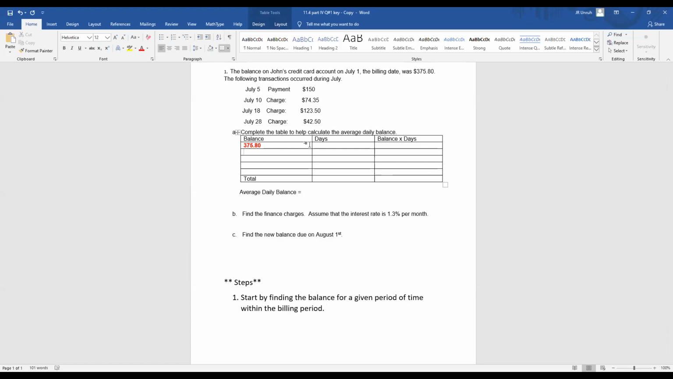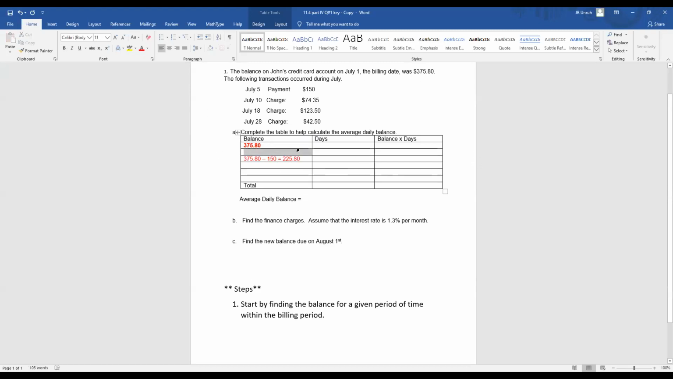I need to find the balance for any number of days or a period of time within this billing period. John on July 1st, the balance was 375 and 80 cents. On July 5th, he made a payment. All I'm going to do is take the 375.80 and we're going to subtract $150 and that comes out to be 225 and 80 cents. Okay, so John's new balance then after he makes his payment is